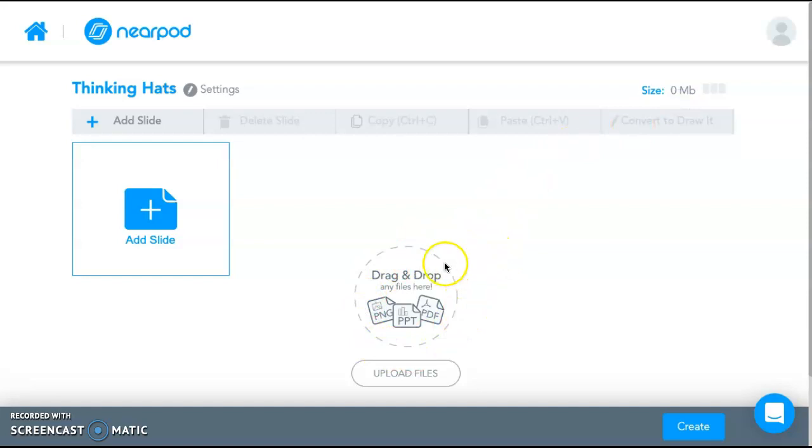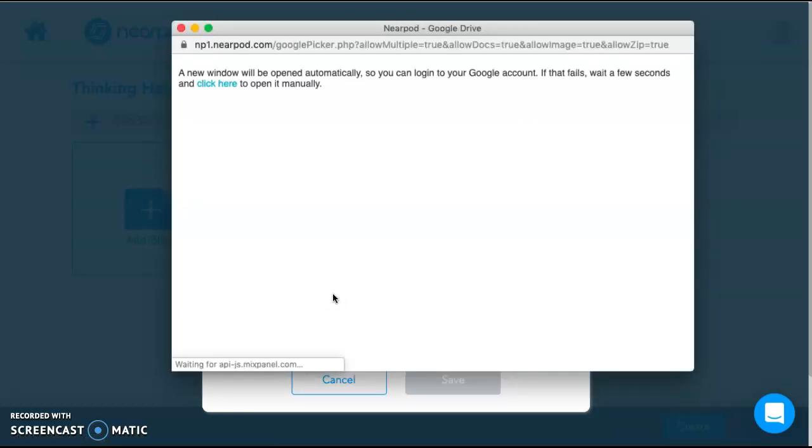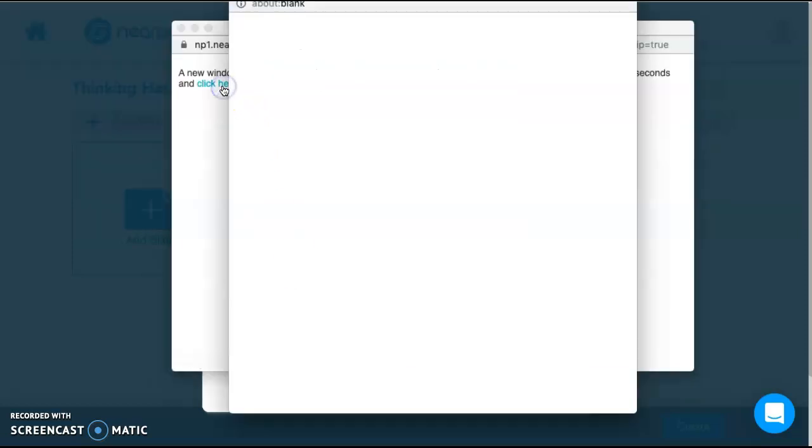The easiest way to start a lesson is to drag and drop something that you already have on PowerPoint or in your Google Slides. So I'm going to go grab a lesson that I did in Google Slides. I do that by clicking Upload Files. Here I can go to my Google Drive by clicking on Google Drive. It takes a minute to connect to your drive, but once you're in your drive, you can search for your